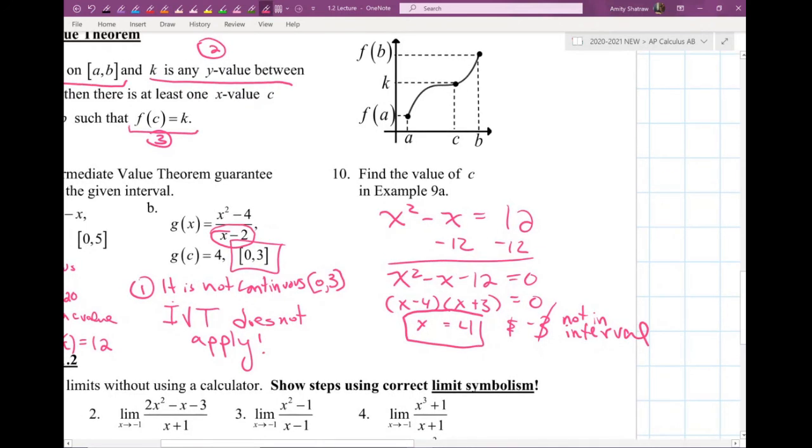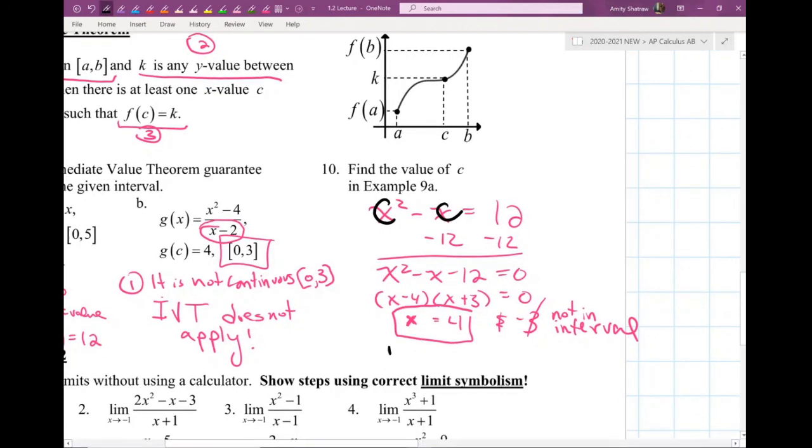And you're like, you haven't used c anywhere else. That's okay. If you just call it x on the AP exam, they don't mind either. You're certainly welcome to use c's. I could have said c squared minus c minus 12 from the beginning, but I just find that that's an extra level of confusion that nobody needs. And so if you say x equals 4 on the AP exam, they totally grade it correctly. And this is in the interval